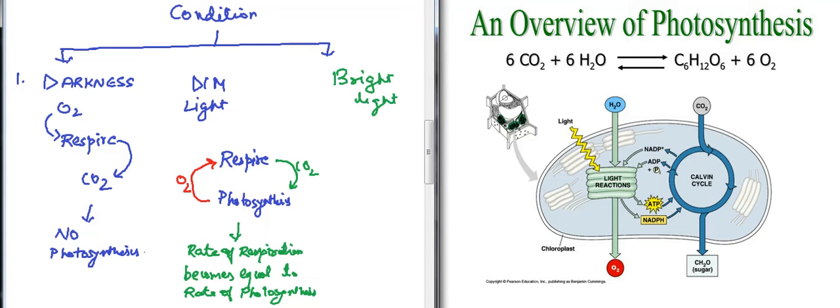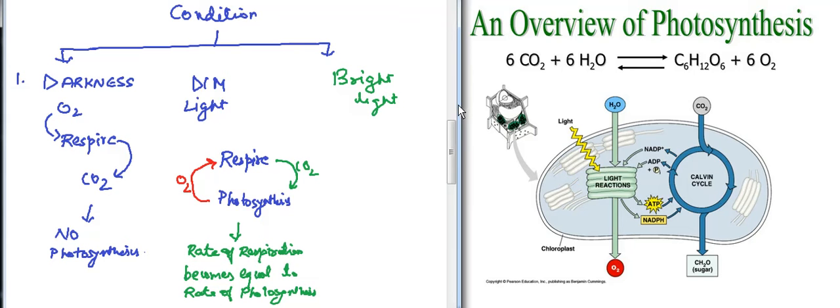So during bright light, what condition will happen, we will see it here. The plant will do respiration, and the plant will do photosynthesis also, because there is the presence of light. So here, whatever oxygen evolves from photosynthesis is used in respiration,